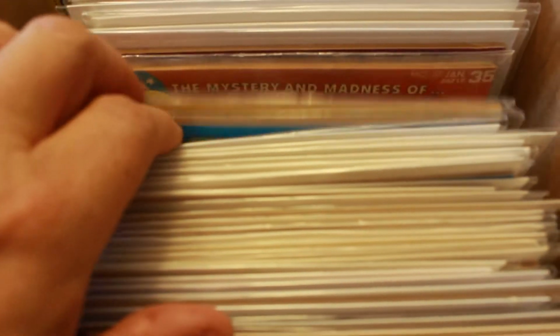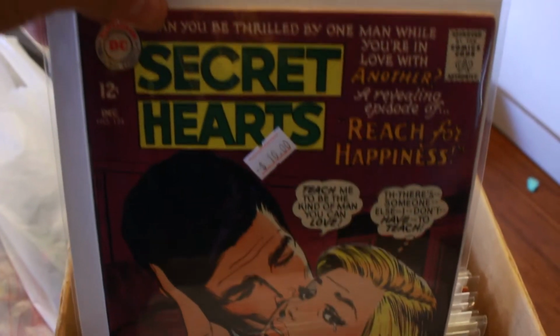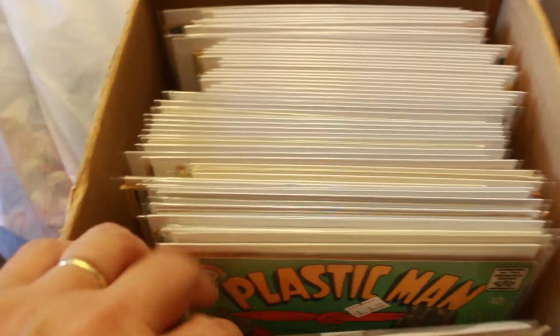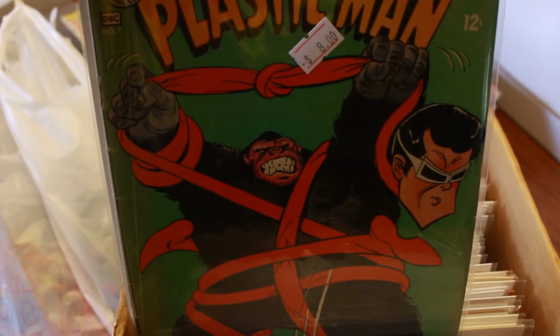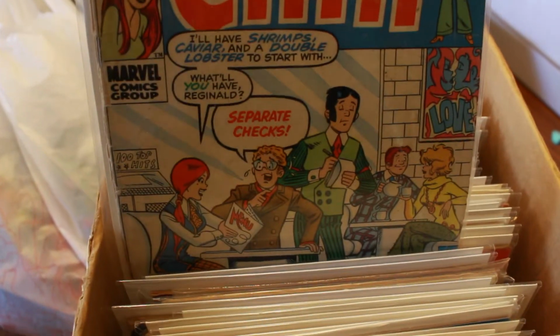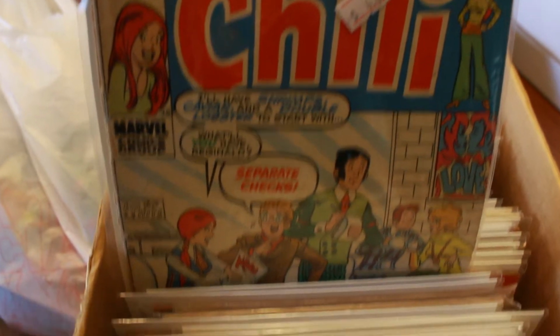Some Joes. Fight Marines. Romance books are always cool. There's someone else I have to teach. There's a Plastic Man. Number 7. A little beat up. I like Chili's, but this one's beat to death. It's number 3. Normally this is a $40 book, but